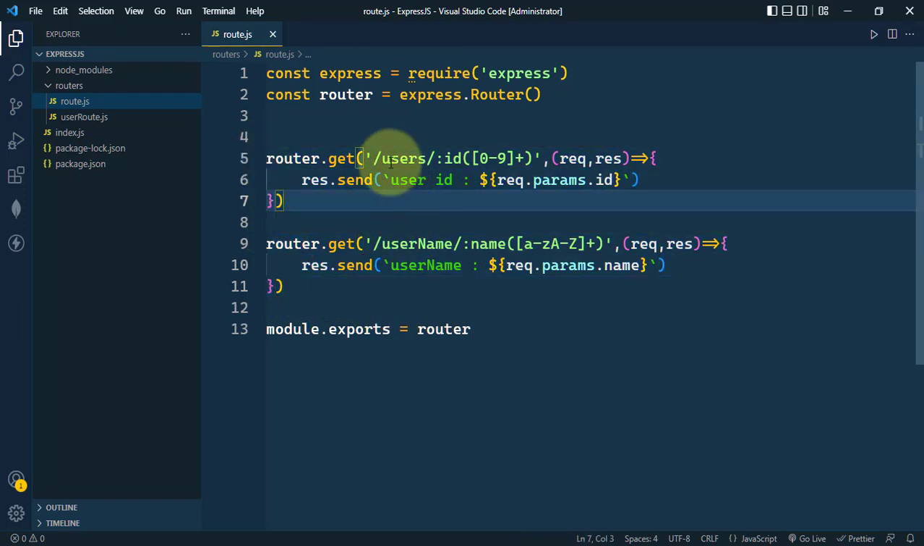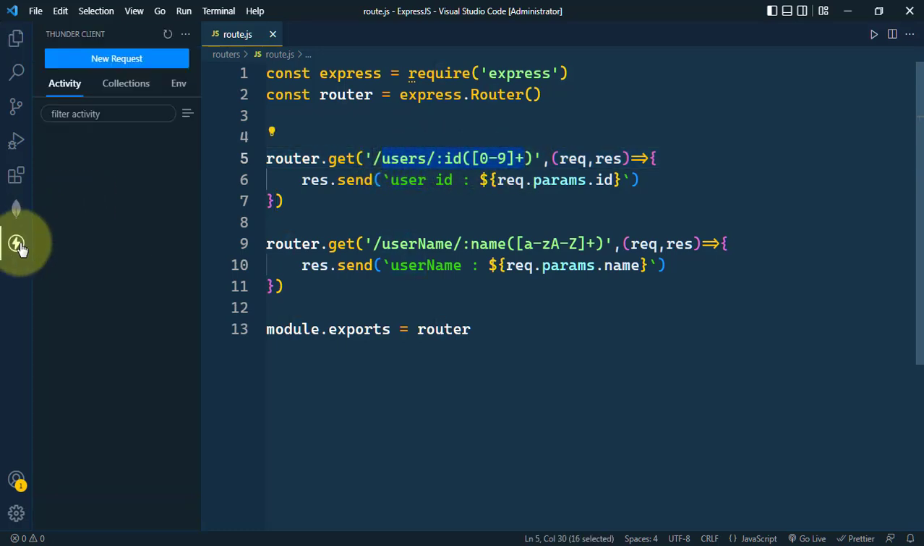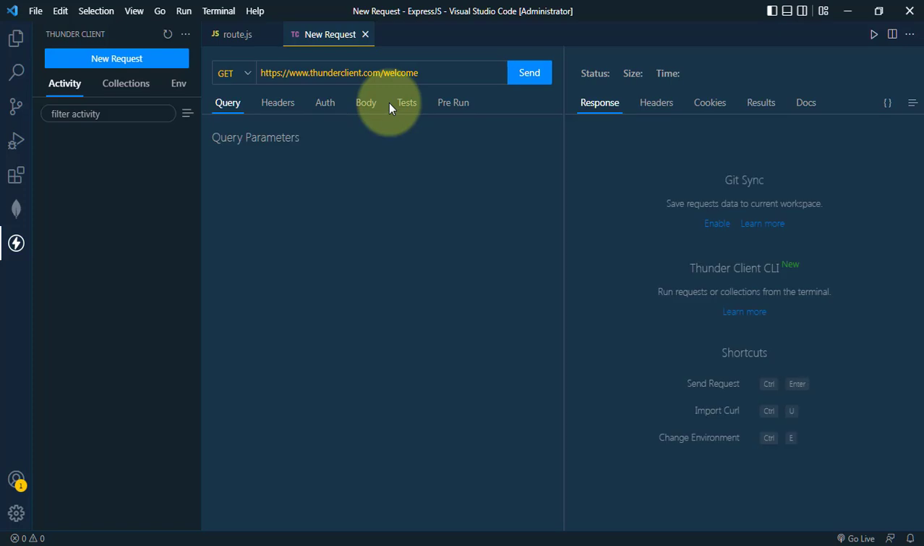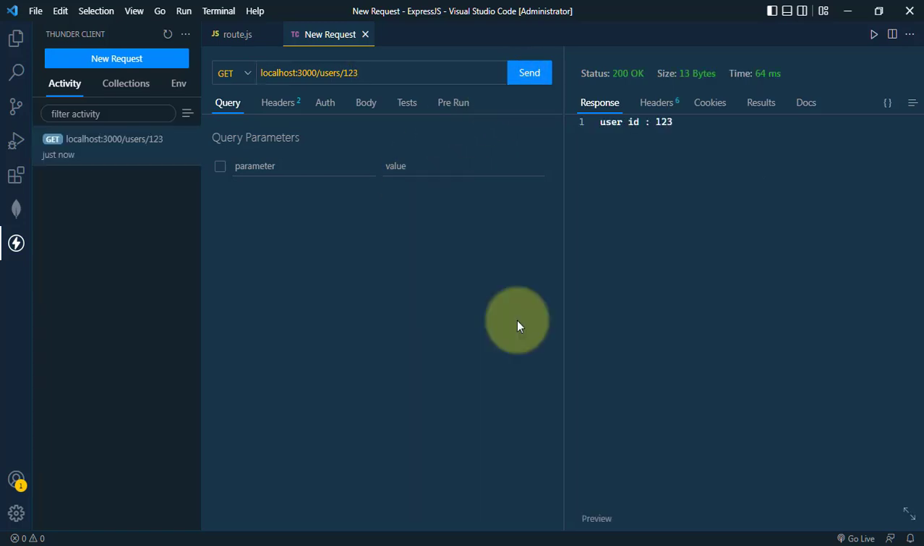The first one is /users/:id, and the ID is expecting numbers from 0 to 9. So we will get this response whenever we use this exact route. For example, if we open Thunder Client and create a new GET request: localhost:3000/users/, where the ID should be numbers, so 1 2 3. You can see we're getting the response, but if we pass some letters also, in that case we are